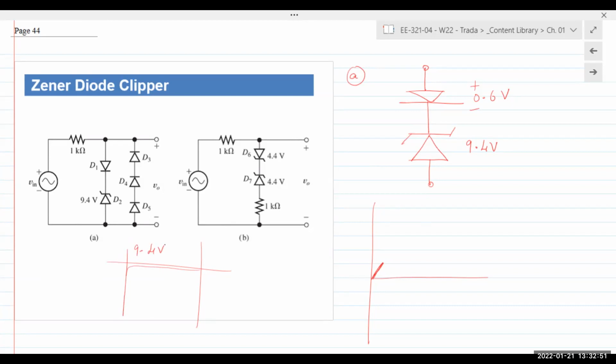This cathode, this end has to exceed this voltage plus this voltage. So when it crosses 10 volts, it overcomes this 0.6 plus this 9.4, meaning it turns both of them on. Does that make sense? Think on it for 10 seconds. It is doing the exact same thing that the battery did, but now the V out is not connected to a battery. It's connected directly to the input, V in signal. And so 0.6 plus 9.4 stays flat